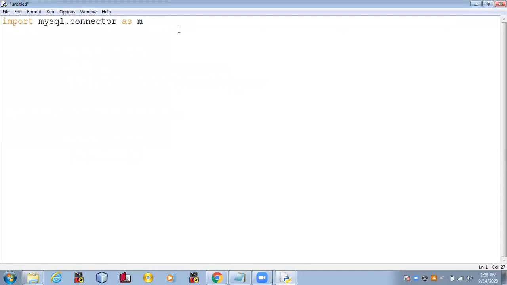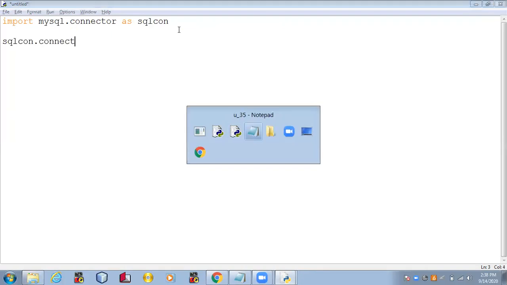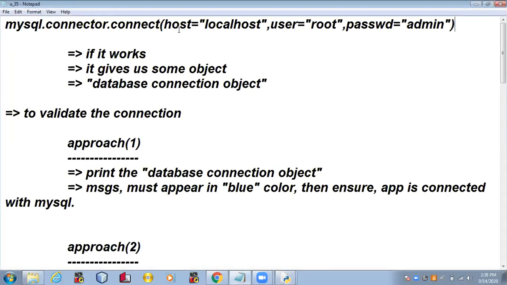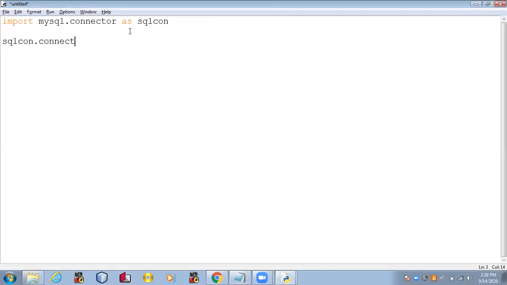Inside the connector object, we have a method, connect. That connect method takes three things from you. These are the three things.